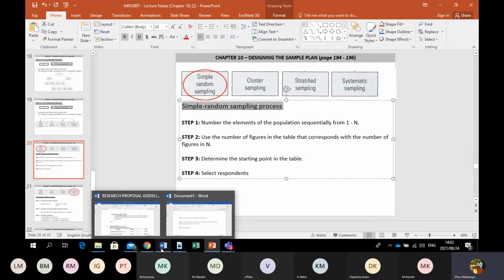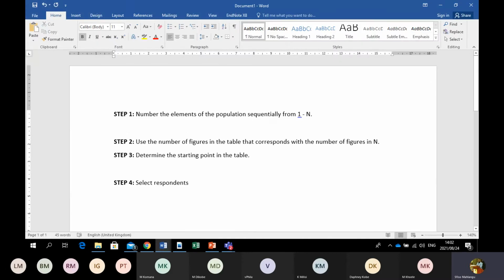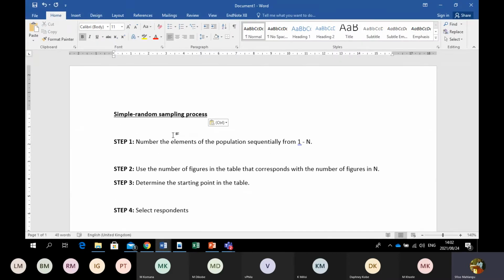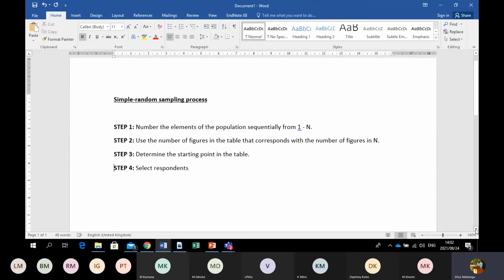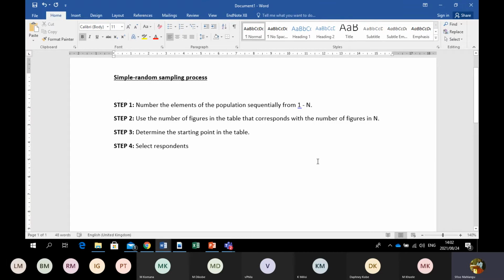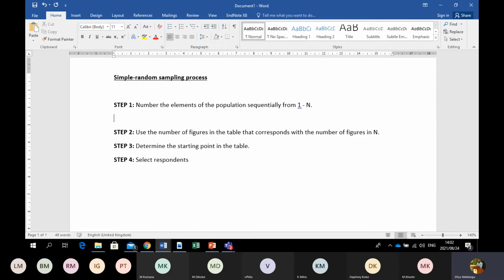And we ask this question, obviously, as a separate question most of the time, like it's asked in that learning activity, meaning that you will see it's worth 15 marks or 10 marks. So you should know exactly what you do under each step here. Firstly, sometimes they say indicate all steps. Where they say indicate all steps, the first thing is you must indicate the steps as they are. And then you provide practicality under each step. What did you do? So the first thing that they indicated here is that we must number the elements of the population sequentially from 1 to n,